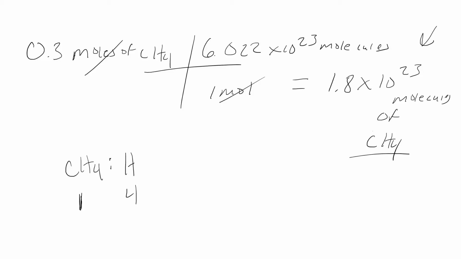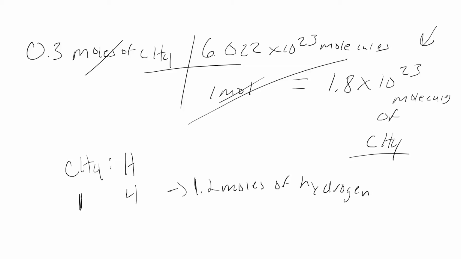Because I have 4 of these, I need to multiply the 0.3 moles by 4. So what is that going to be? It's going to be 1.2, so it's technically 1.2 moles of hydrogen. So we don't want the previous method; we want to use the moles of hydrogen. So it's going to be 1.2 moles of hydrogen